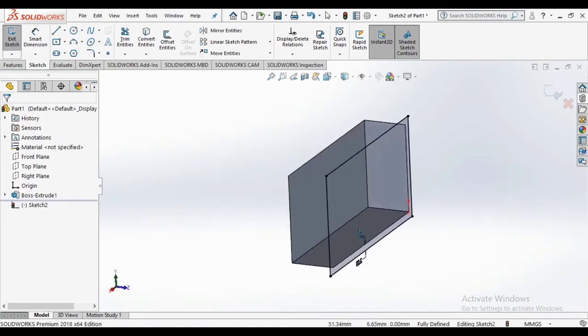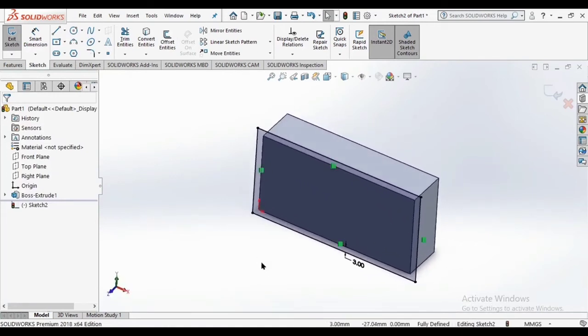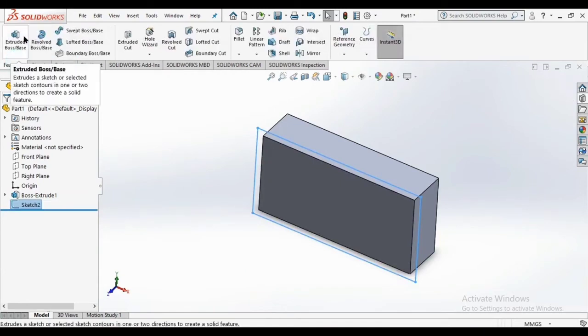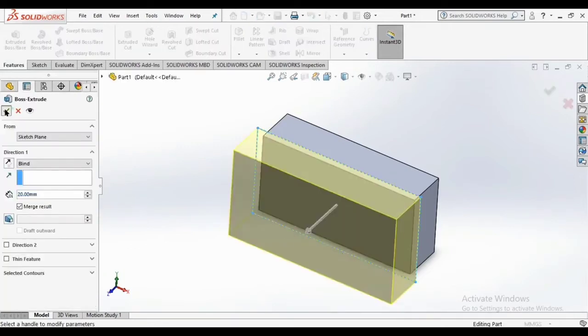So another sketch just arises, offset from the rectangle which we made first. For how much distance? 2 millimeter. So it is 2 millimeter offset from the rectangle which we made before. So exit the sketch and let me use the feature called extruded boss base. It's also 20. Click OK.